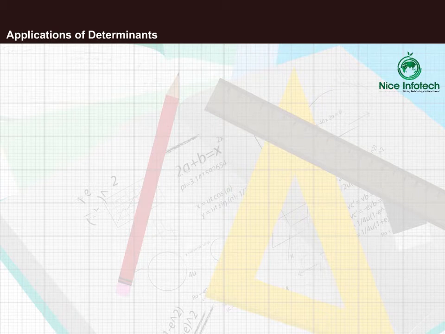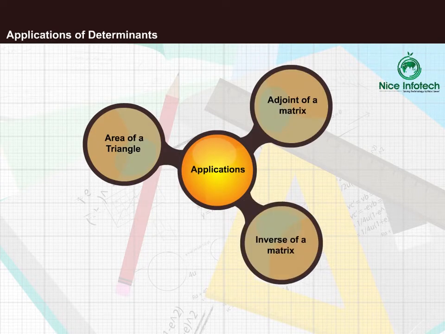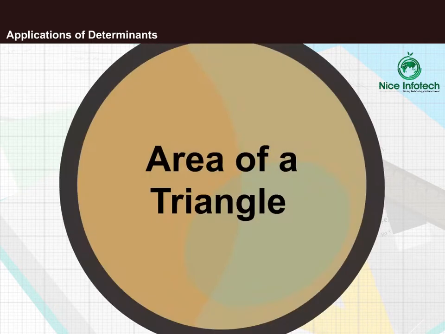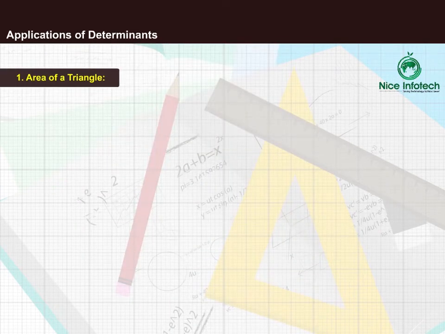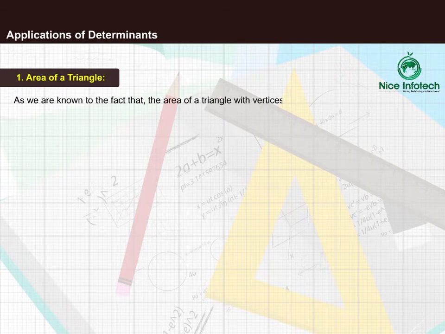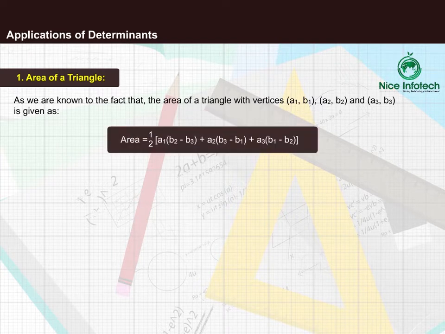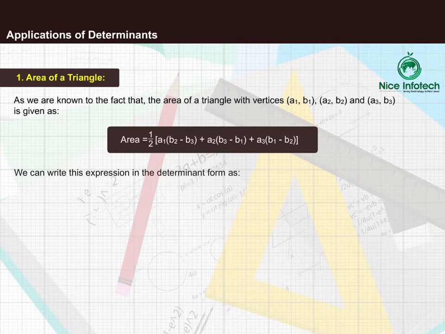Applications of determinants. Some of the applications of determinants are discussed below. First, area of a triangle. As we know, the area of a triangle with vertices (a1, b1), (a2, b2) and (a3, b3) is given as area equals 1/2 of a1(b2 minus b3) plus a2(b3 minus b1) plus a3(b1 minus b2). We can write this expression in determinant form as